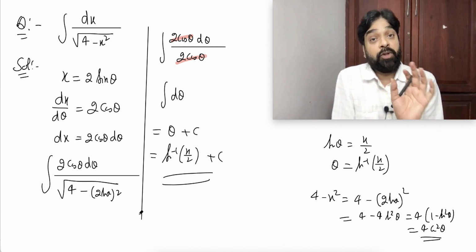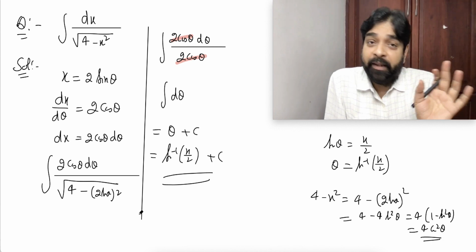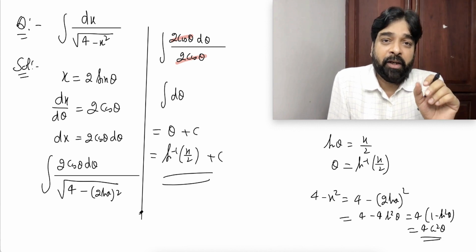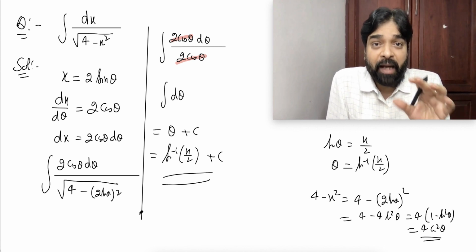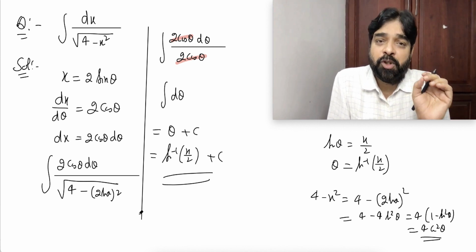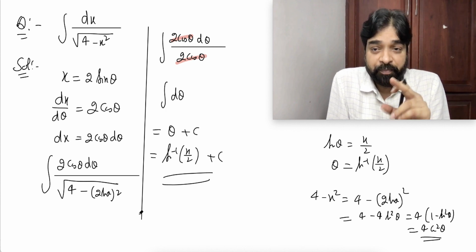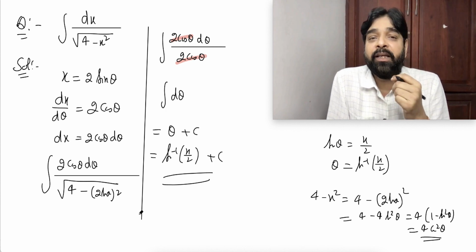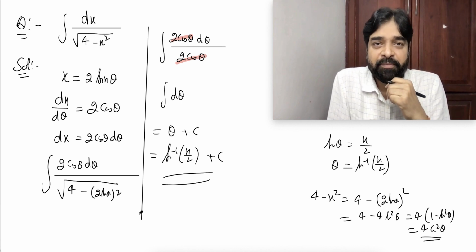Is it clear? So this kind of plenty of questions you will see, where nothing with differentiation will be there in the product, but something to the power 1 by 2, power 1 by 3, something like that will be there, where if you do substitution, you will be able to solve them. This is actually the formula, that way also you can do. But now some people may be thinking, sir, if you put x equal to 2 cos theta, the answer will be different, sir. The answer will not be the same. Why not? We should try.